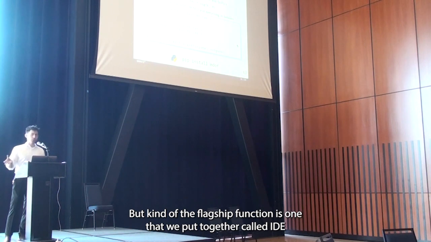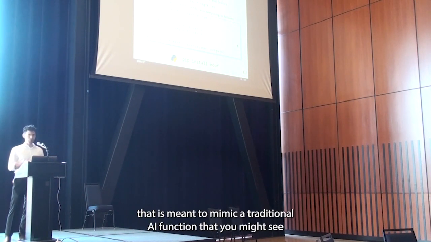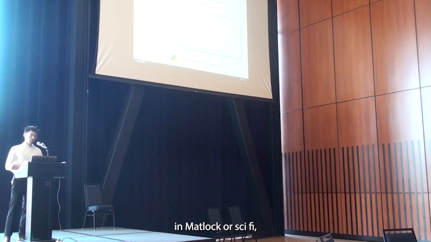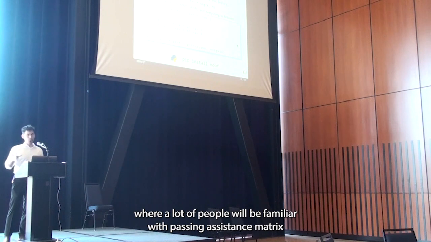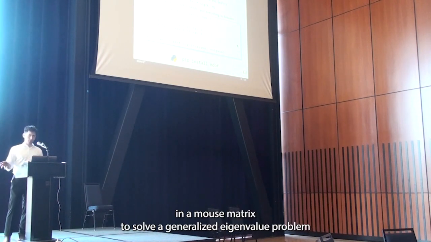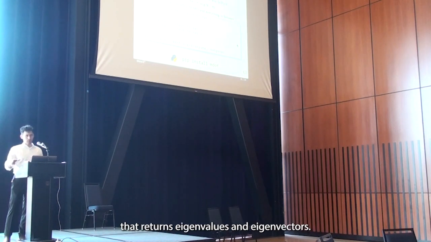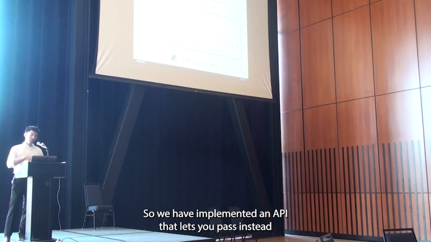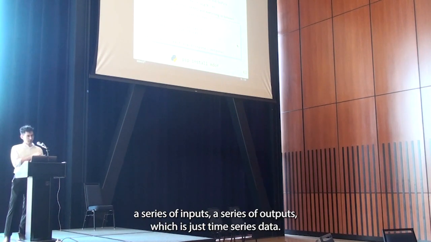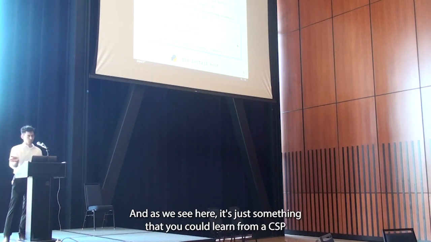But the flagship function is one that we put together called EIG-ID, that is meant to mimic a traditional EIG function that you might see in MATLAB or SciPy, where a lot of people will be familiar with passing a stiffness matrix and a mass matrix to solve a generalized eigenvalue problem that returns eigenvalues and eigenvectors. So we have implemented an API that lets you pass instead a series of inputs and a series of outputs, which is just time series data, and as we see here, it's just something that you could load from a CSV,